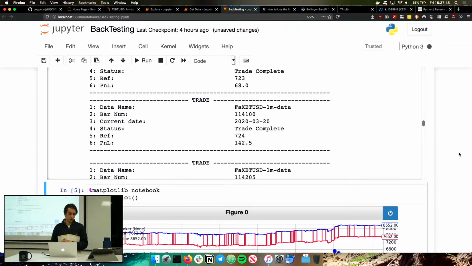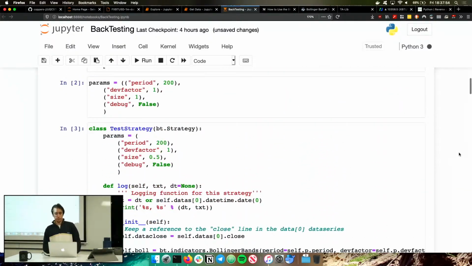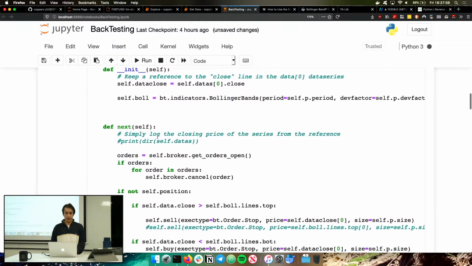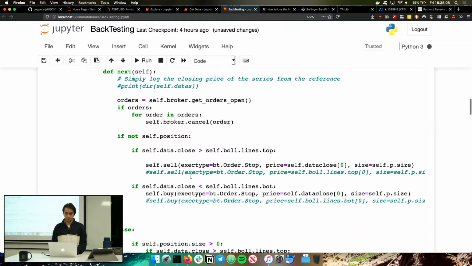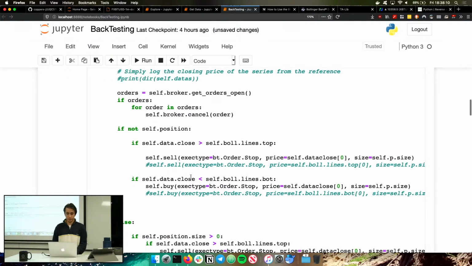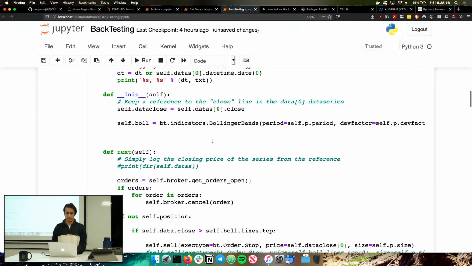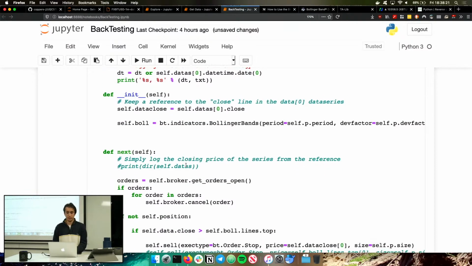How easy is it to add new strategies to a system like this that's already set up? Good question. So you would just write yourself a new class. Here we've got just a test strategy class, and everything essentially happens in this next function. Everything here is where your buy or sell logic happens, and that's all based on indicators, but you could also at any point access, let's say, 500 data points back or 100 data points back